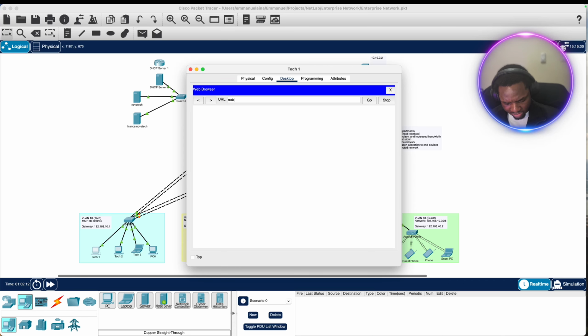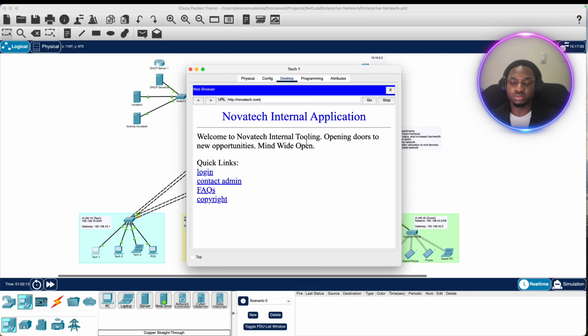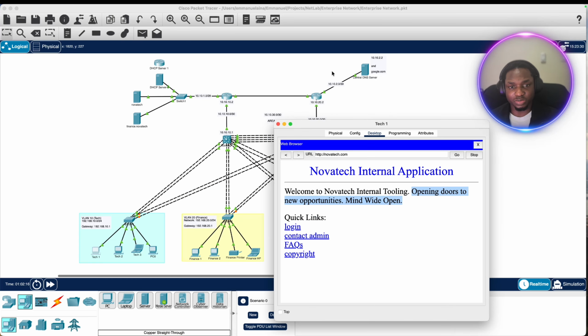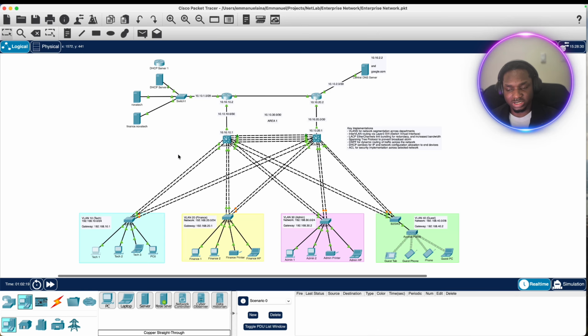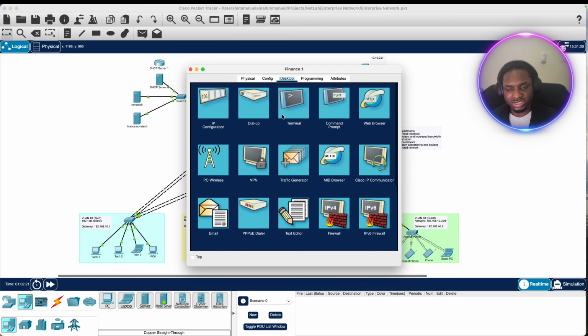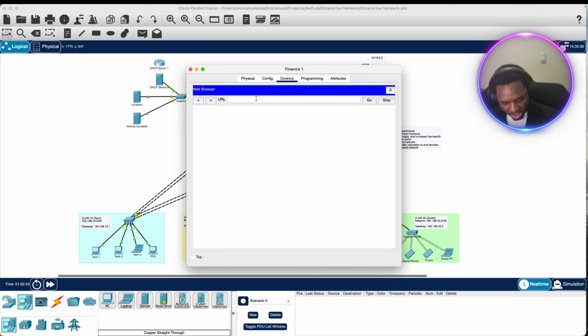Okay. Well, so this is the test for both our... oh, nice. So we can see Novatech internal application. This basically tests both our DNS server, to show that DNS resolution is working, and we also test our web server to show that our HTTP and HTTPS requests all work as well. So in the finance department, let's see if we can also access both the global web app application